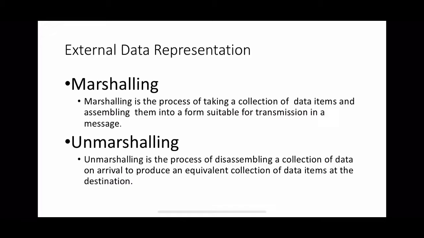At the receiver side the reverse happens, that is unmarshalling, the process of disassembling them on arrival to produce an equivalent collection of data items at the destination. Marshalling consists of the translation of structured data items and primitive values into an external data representation, and similarly, unmarshalling consists of the generation of primitive values from their external data representation.